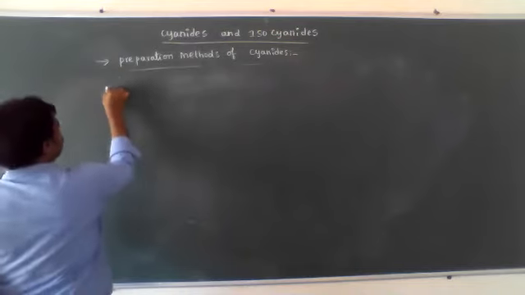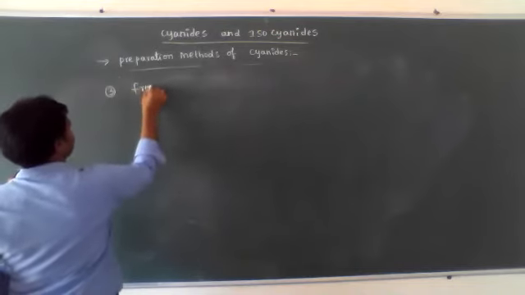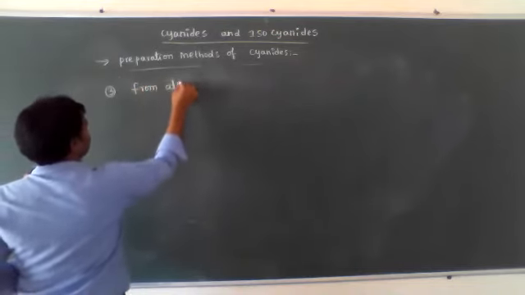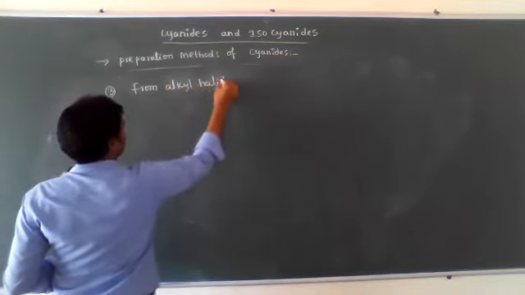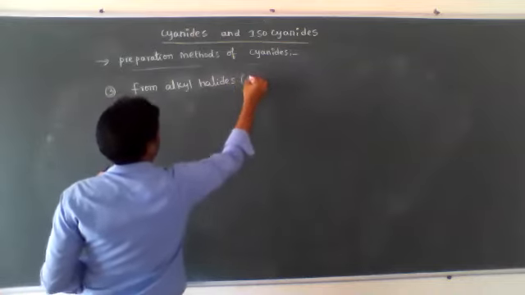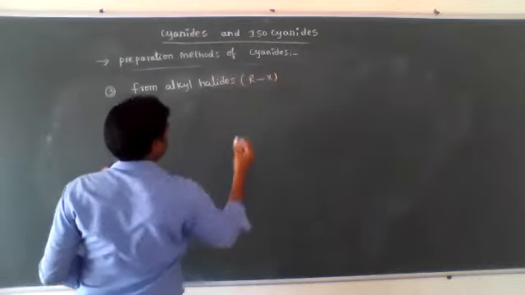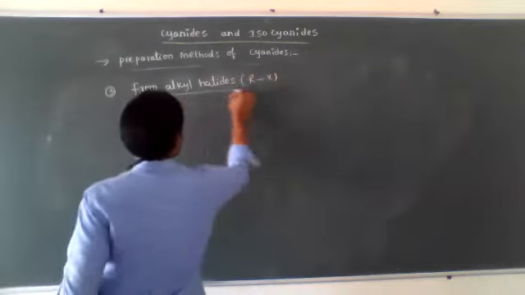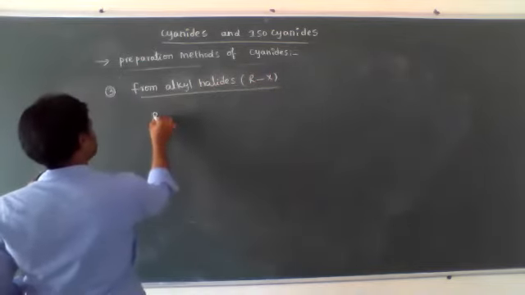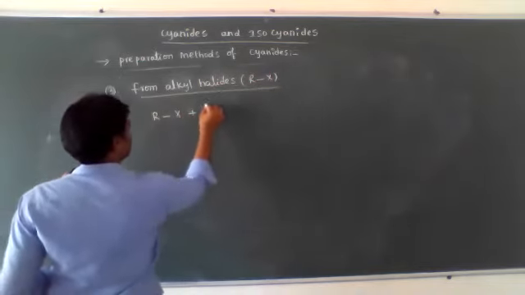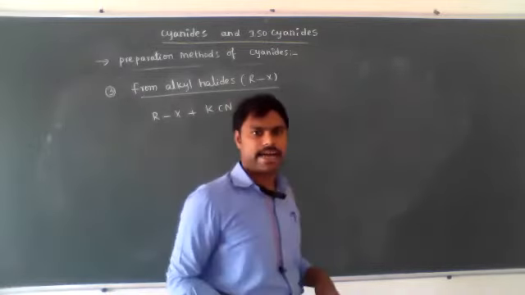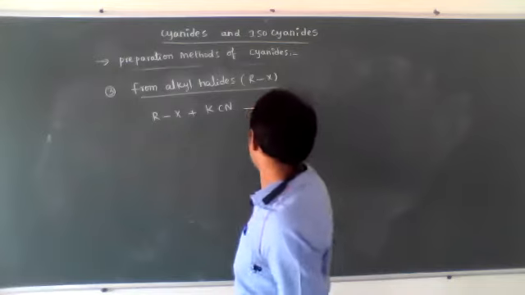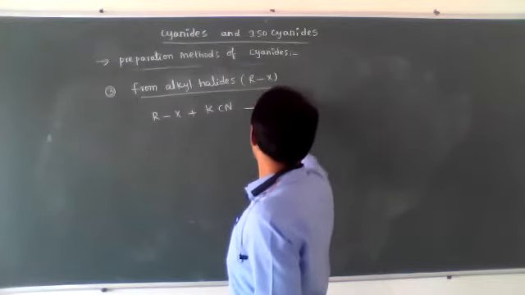So the third one is from alkyl halides, RX. Alkyl halides react with potassium cyanide, KCN. Then we are getting RCN